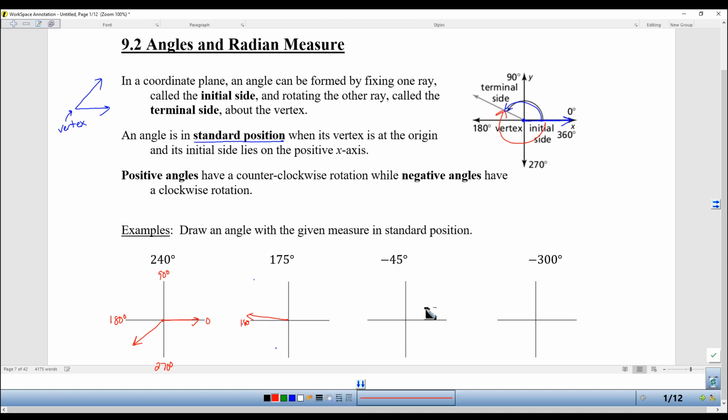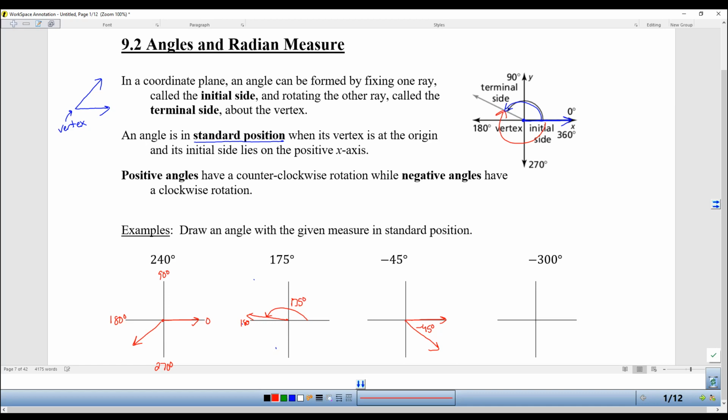The next one is negative, which means I'm still going to start at the positive x-axis, but I'm going to go clockwise. And it should be right down the middle because it's half of the 90. So this angle right here is minus 45 degrees. You'll notice on the last one, I just realized I didn't draw the x-axis part of the angle. That's pretty common. Because that's always the beginning of the angle, when people want to draw 175, they really just need to draw that one point right there,